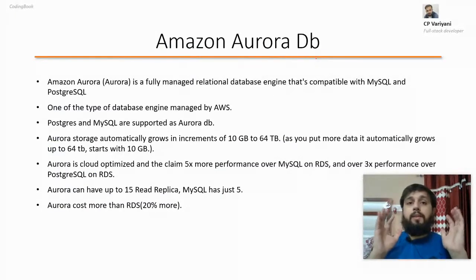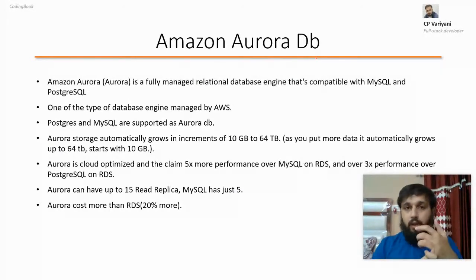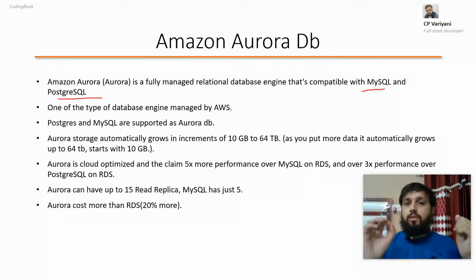Amazon Aurora DB is a type of database which you will create in AWS in the cloud. So if you have decided that you will have a relational database, and that you'll have the Aurora DB, then you are again given two options for which compatibility you want, the MySQL one and the PostgreSQL one. These are the two things supported by Amazon Aurora DB. Each one has benefits over the other, and we'll see what the differences and benefits are. Based on that, you can select.